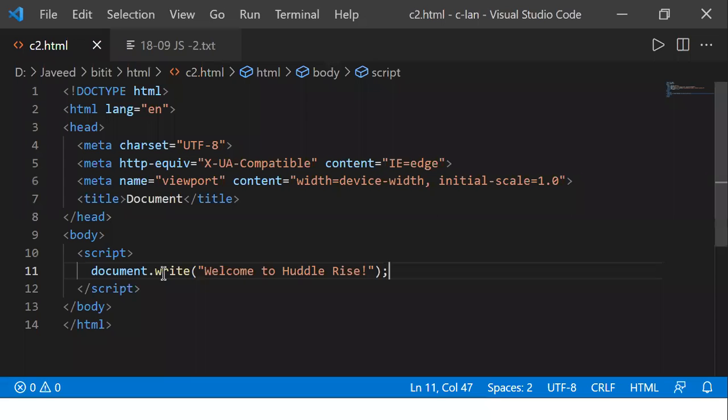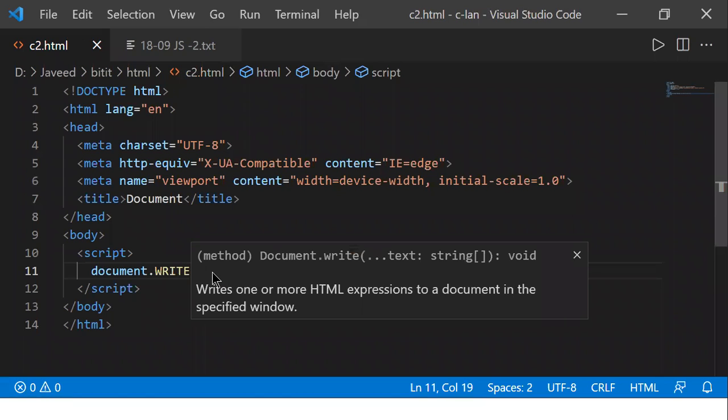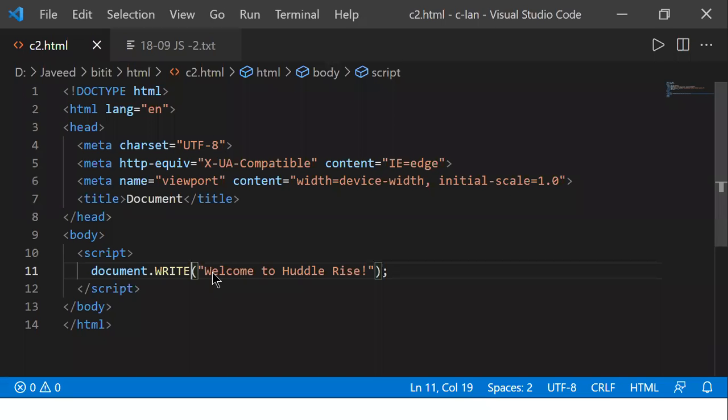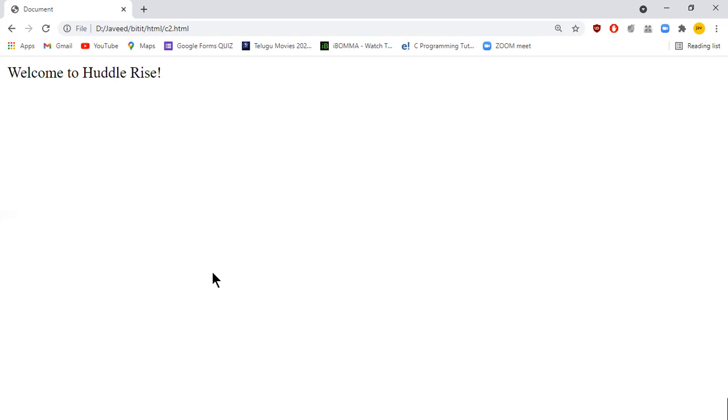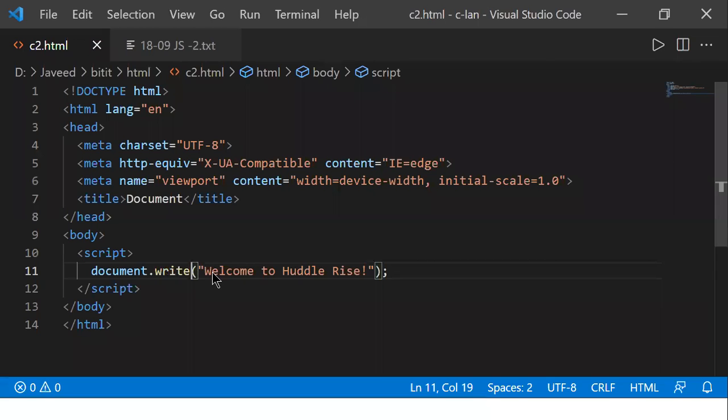Now, let us say I take the write command and try to write it in capital letters. I'm writing it in capital letters now. Let's refresh. Now you see you are not getting any output there. Understood? When I'm using it in capital letters, I'll not get the output. When I'm using it in small letters, I'll get the output. So I'm just undoing it and saving it. Now when I have small letters, you get the output. When I have capital letters, I'll not get the output. Able to understand what I'm telling?